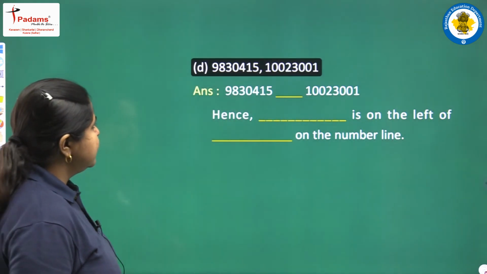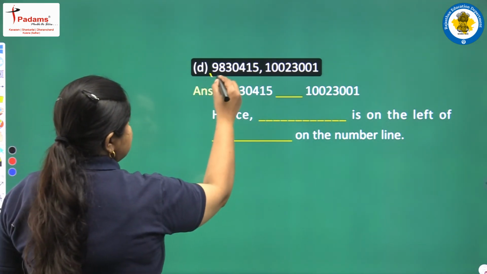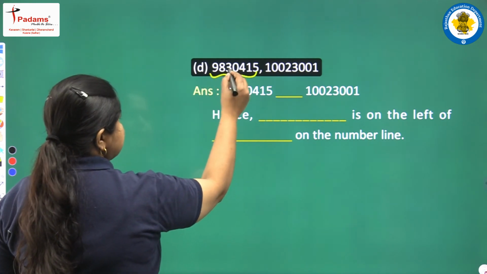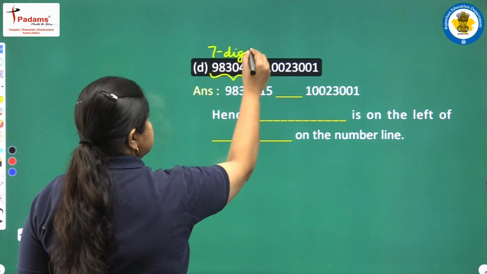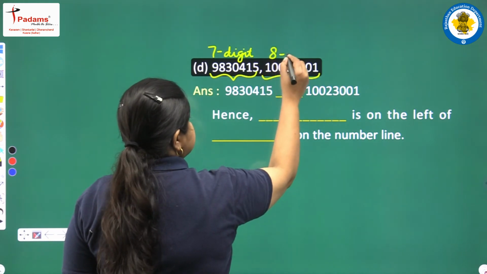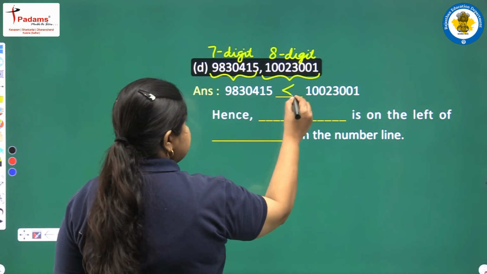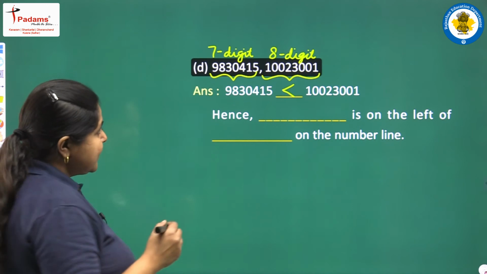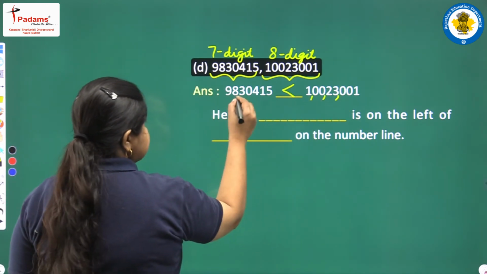Next we have these two numbers. Again, let us first count the number of digits in these two numbers. On counting, this is 1, 2, 3, 4, 5, 6, 7. It is a 7-digit number, and this, on counting we find, is an 8-digit number. So, clearly this will be greater because the more the number of digits, the greater is the number. This is 1,23,001 and this is